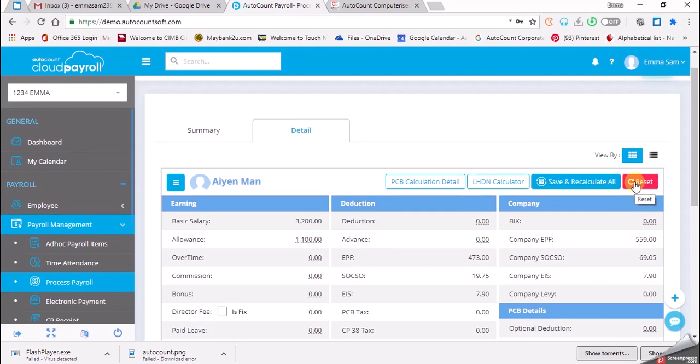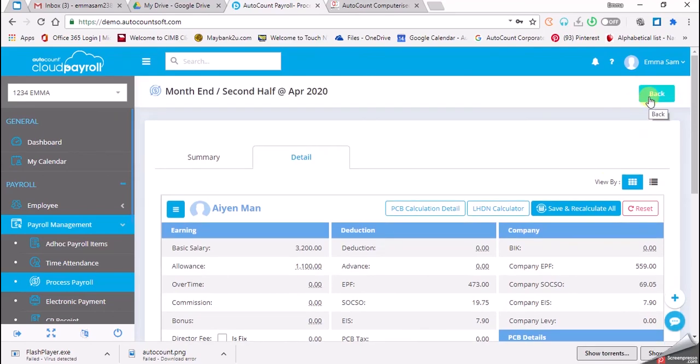Reset to reset whatever changes that you have made outside of process payroll after you have processed the payroll for that employee. Save and recalculate, you have to click if you have made the changes inside this payroll process, or you have changed the value, or you have add on whatever deduction or addition. So you can click on save and recalculate. So now you can click on back